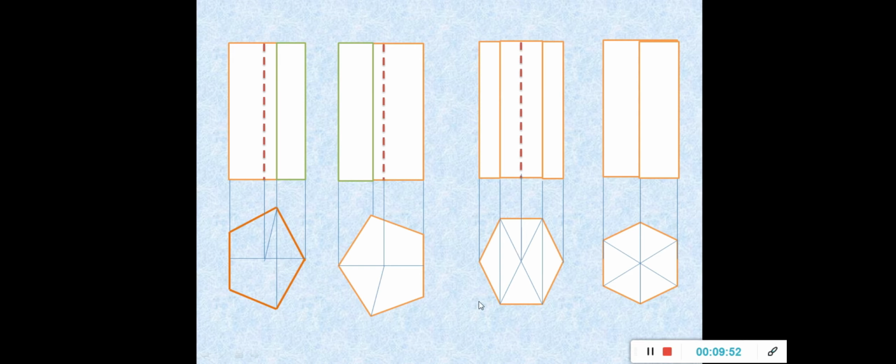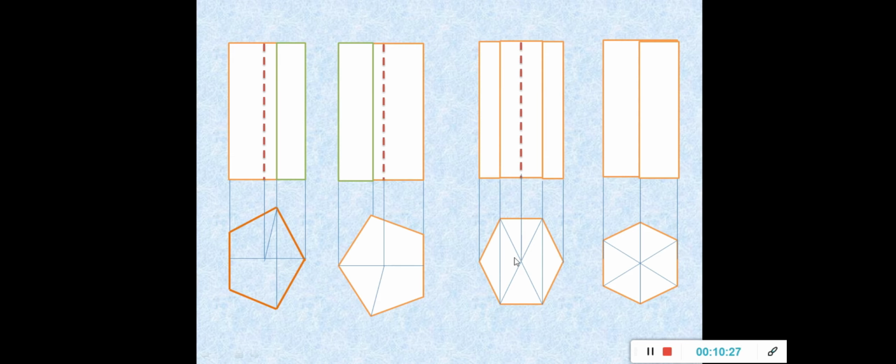Suppose I consider the hexagonal prism here. When I take the corner condition, the corner is towards the right. But fortunately, since it is an equal number of sides, again you get a corner on the other side. If I take an edge onto the right, you get an edge here. Now if I need to project the front view, as you can see, if I see in this direction, I can see this corner, this corner, this corner, and this corner. So there are 4 corners here, that means 4 edges. If I see perpendicular to it, you can see 4 edges. That is why I've written 1, 2, 3, and 4 edges.